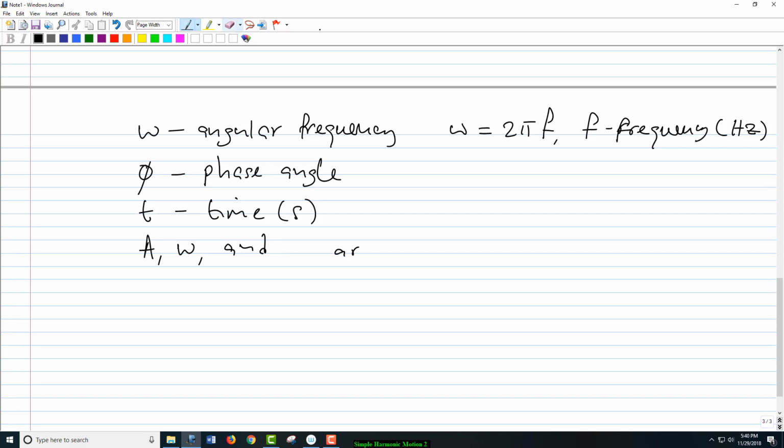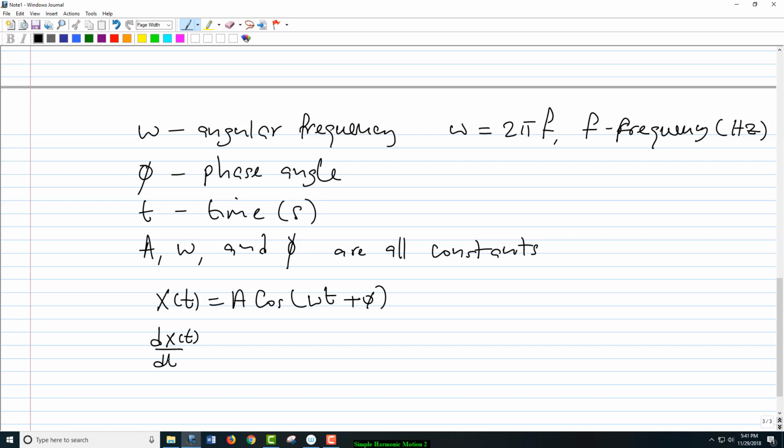So these quantities A, omega, and phi are all constants, and we can show that this solution satisfies the differential equation by first trying it out. And the way we try it out is to just take the derivative. So we start off with x of t equals A cosine omega t plus phi, and the first derivative, dx of t dt, can be written as A d